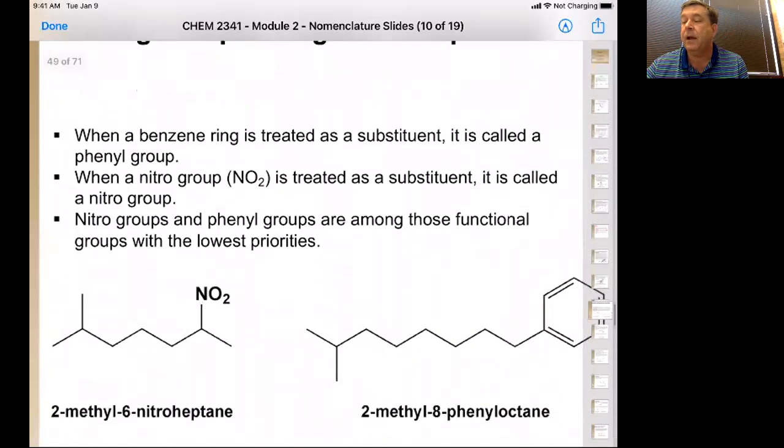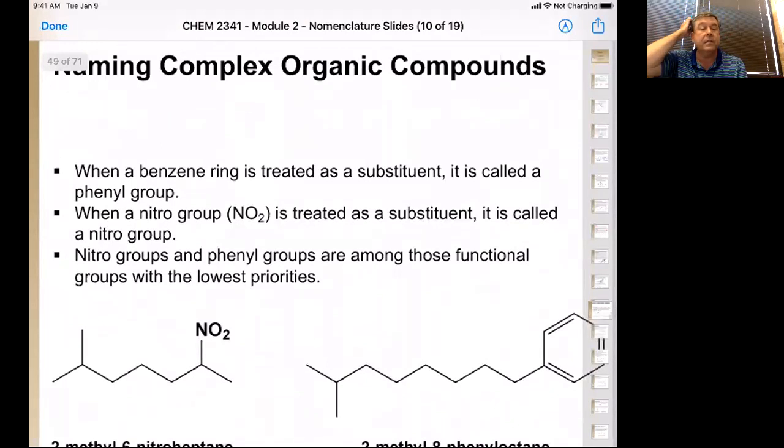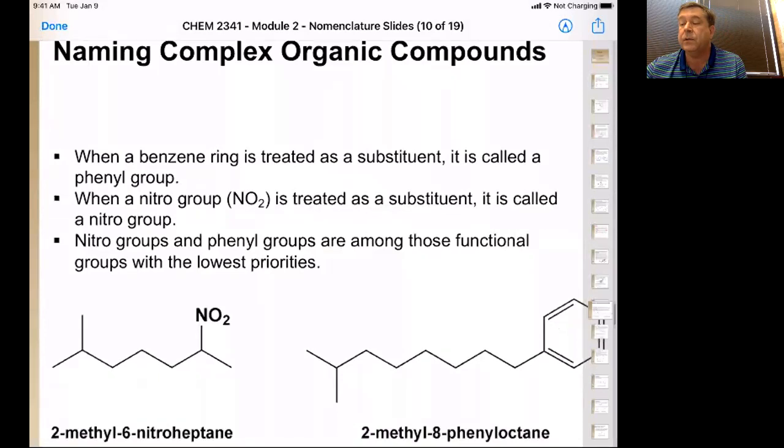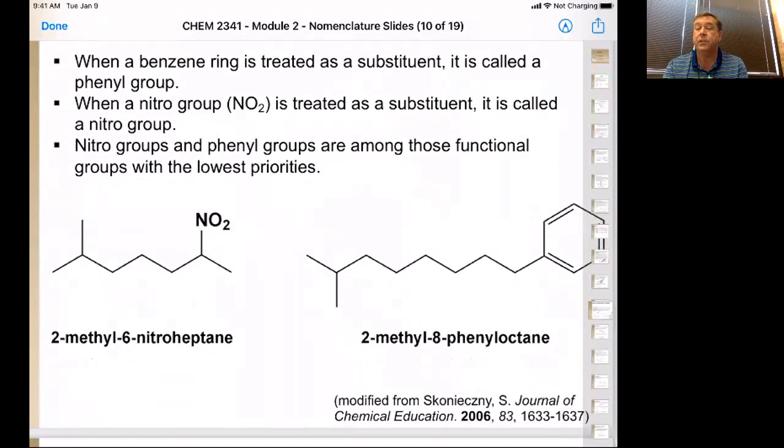Okay, now let's talk about things that don't change the name of the hydrocarbon, okay? Things like the nitro group or the substituent we call the benzene ring, which we call the phenyl group. These do not change the name. They are still alkanes. They still have the "ane" at the end. So what we do is we always treat them as a substituent, and then we just try to find the lowest priority possible. Notice that the nitro group and the phenyl group are always the lowest priority if there is